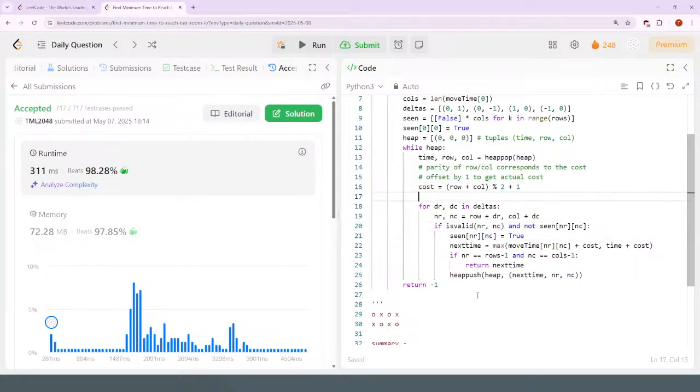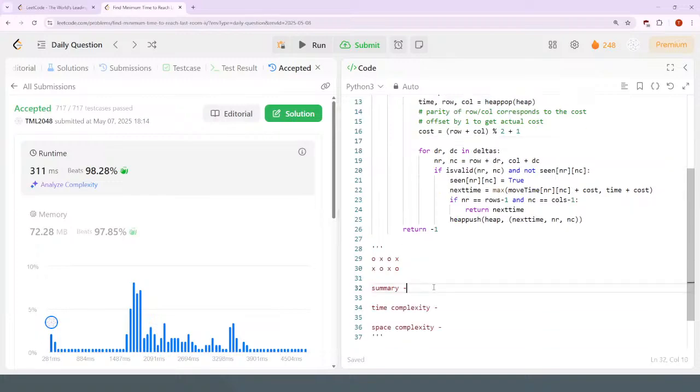Otherwise, it's the exact same operation as before. So this is the same algorithm, or same kind of solution, as the previous version, with the slight change in calculating